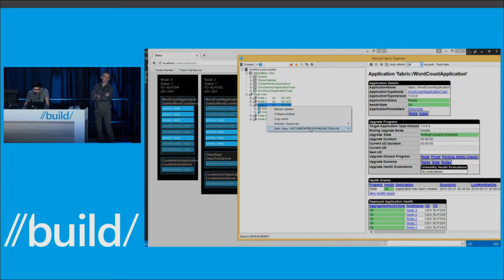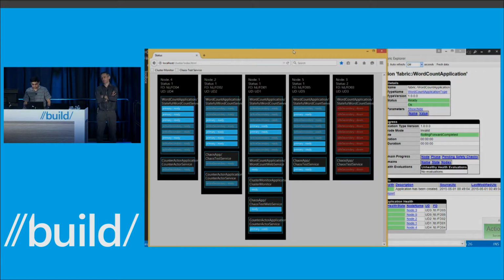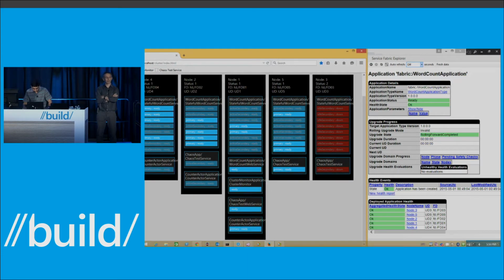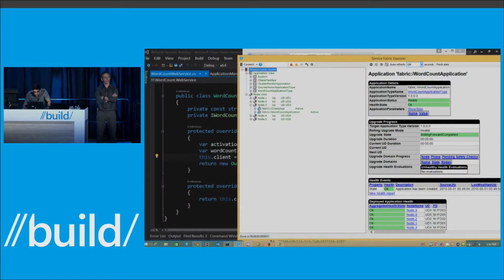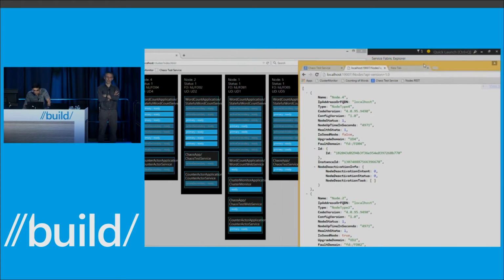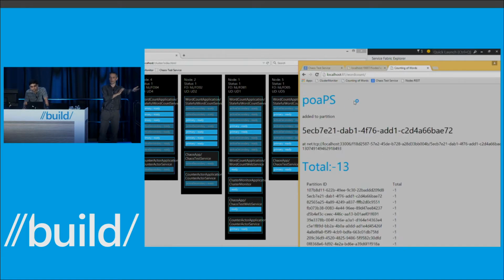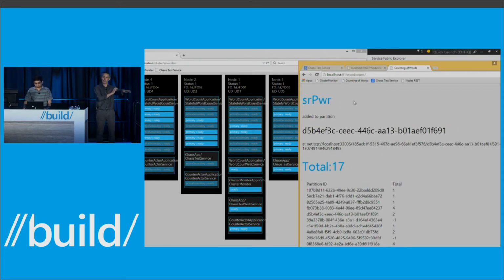So this is the self-healing aspect that we have. Think about this: this is exactly how SQL Azure runs. They have hundreds of thousands of databases. A machine dies, and there were 100 databases on that particular machine. We know exactly what was running there. We fail them all over to another machine. As far as the client is concerned, it's completely transparent. We do an automatic failover to a secondary copy, allocate that, and elect it to become a primary. The client connects to that, and there's no loss of service.